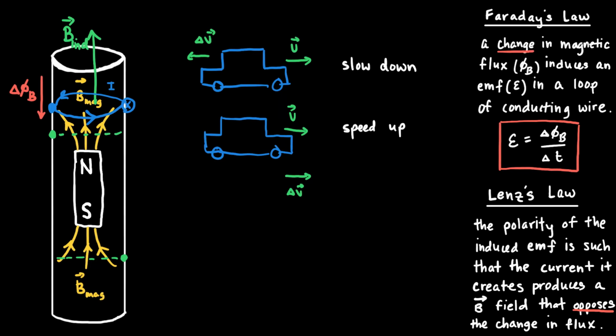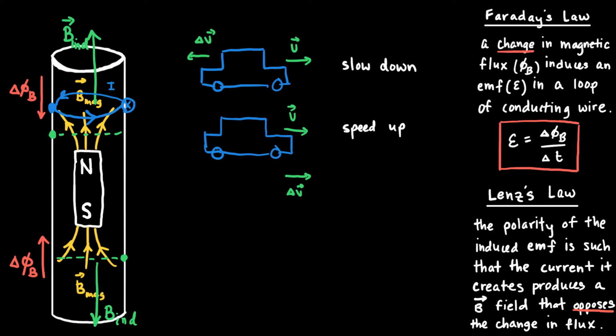And so for that reason, at the bottom of the magnet, the change in the magnetic flux, delta phi b, should point up. It should point in the same direction as the magnetic field. And if that's the case, then you should automatically know that the induced magnetic field will have to point down. So in this case, B induced points down because the induced magnetic field has to oppose the change in the